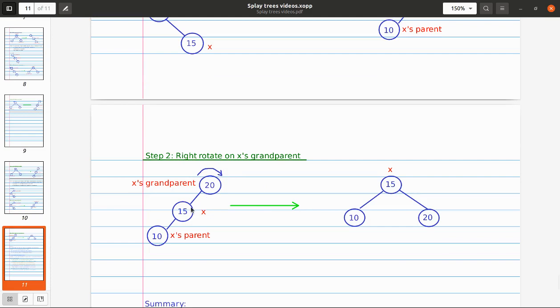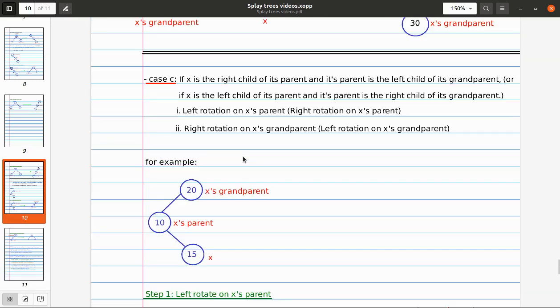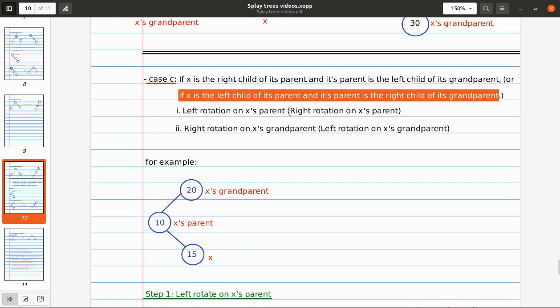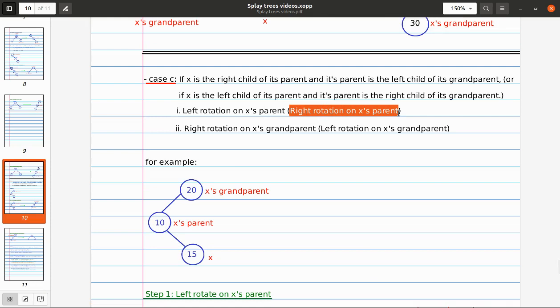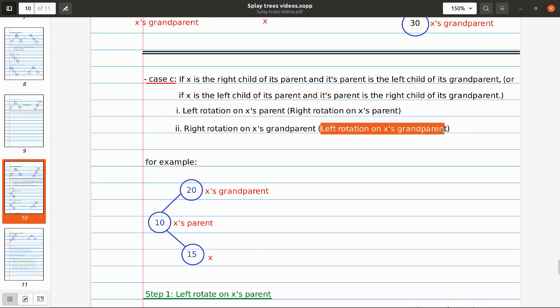We perform right rotation because it is the left child here. We can see here. So after the right rotation, X becomes the parent because here it is right rotation, so its left child should become its parent. So 15 becomes the parent, 20 moves down here, becomes its right child, and 10 is its left child as it is already in the tree. So similarly, when there is this case inside the parentheses, we first do the right rotation on axis parent and then left rotation on axis grandparent. So this is how